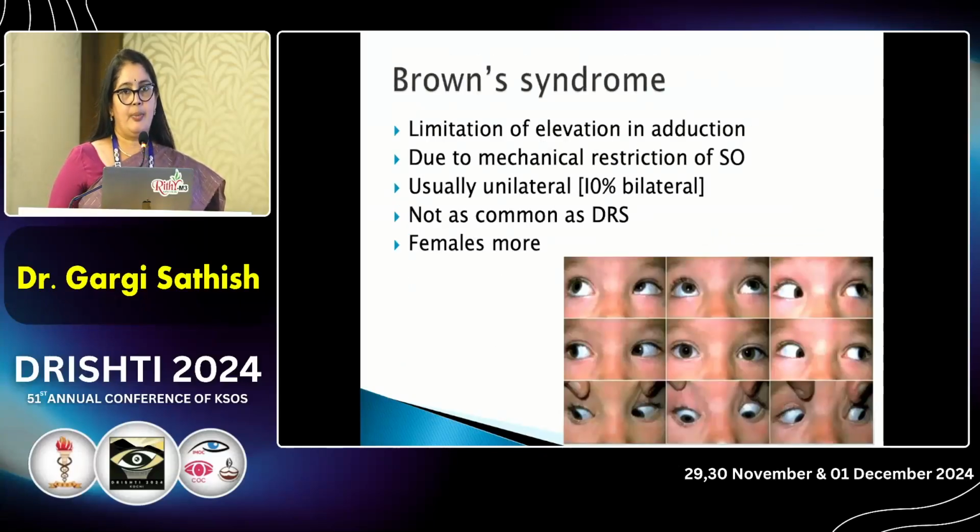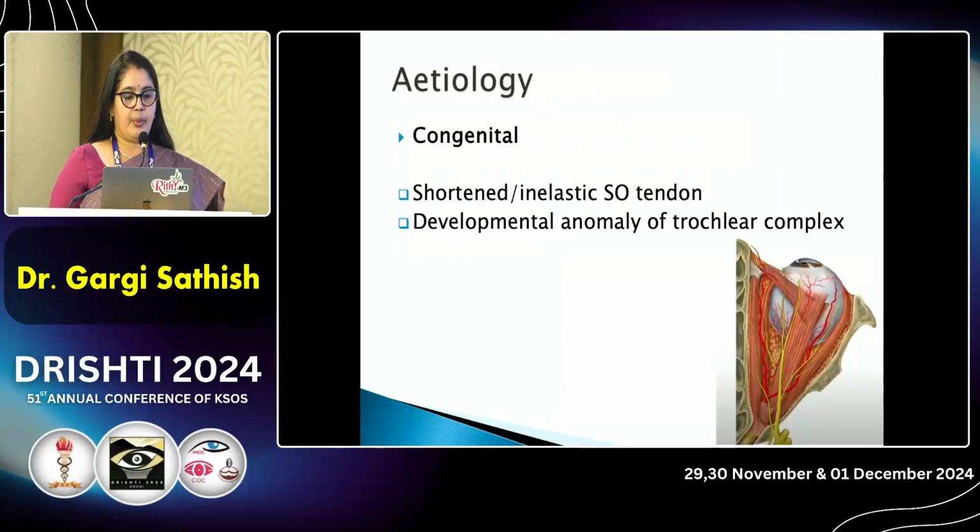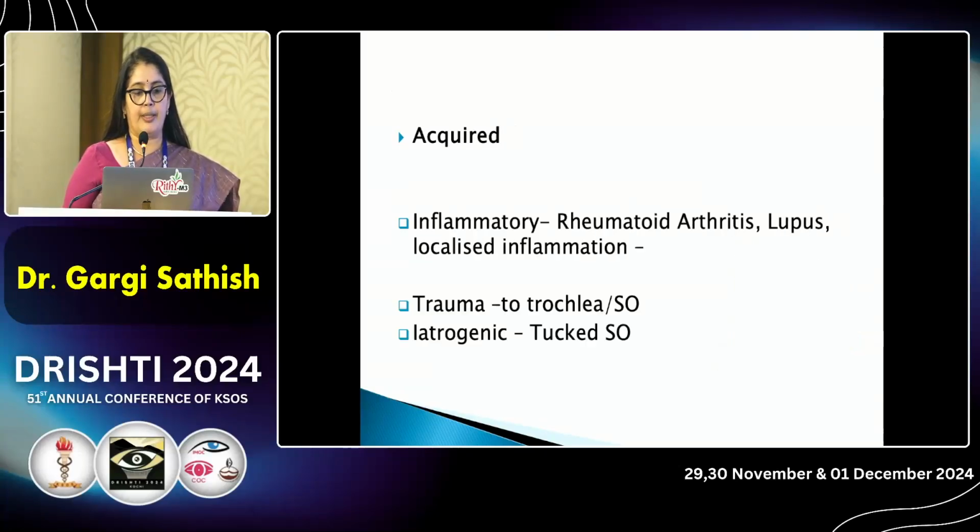Coming to the next special syndrome, which is Brown's, which is actually not as common as Duane's. Limitation of elevation in adduction due to mechanical restriction of the superior oblique. Again, mostly unilateral, slightly seen more in females. So it could be a congenital Brown's or an acquired Brown's. Congenital Brown's is because of a shortened or inelastic SO tendon or something wrong at the trochlear complex. Acquired is usually inflammatory. It could be a systemic inflammation or a localized inflammation,